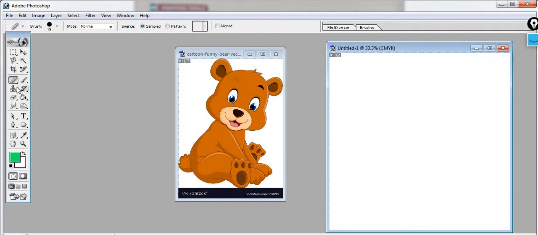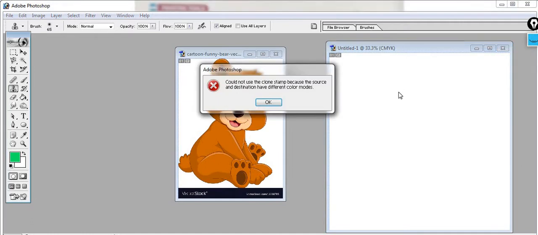Now I am clicking on this clone stamp tool, and after selecting that, I will press the alt key, put my mouse pointer in the eyes, and after pressing alt from my keyboard I will single click here. Now I will come here and, like we move the brush, in the same way we will drag the mouse here.